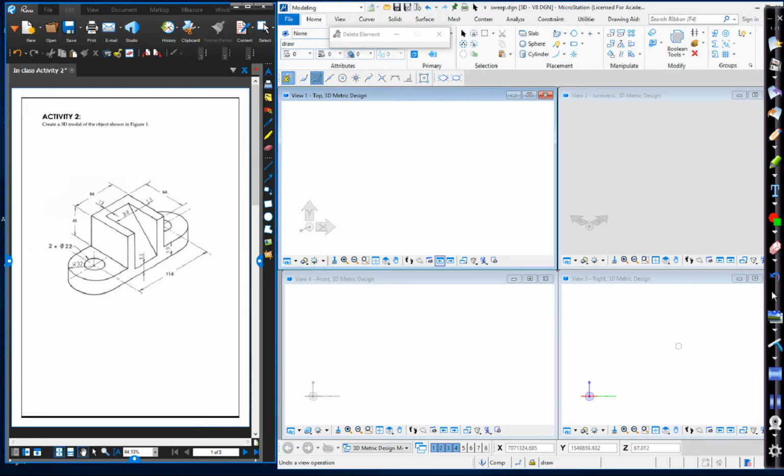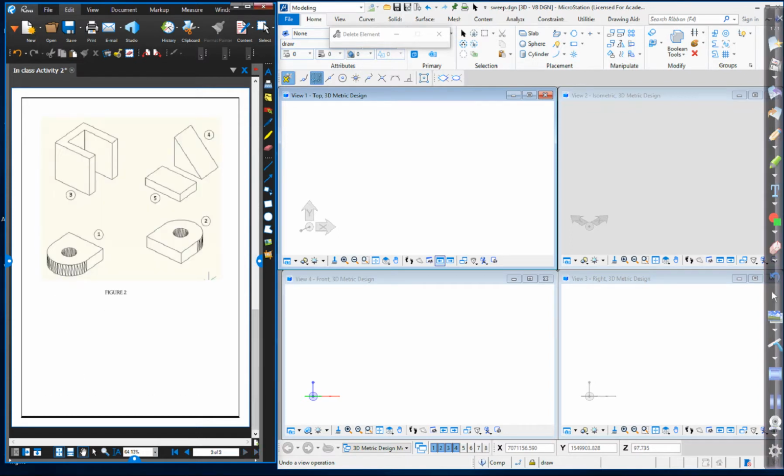Hello everyone. In this video we'll go through a simple activity of creating a 3D model. So I've got a CS bracket, the drawing of a CS bracket here on my left. Now if you go to Moodle you can download this activity, and it consists of 3 pages. The drawing, the isometric view of the drawing with dimensions, breakdown of parts, and individual parts which we are going